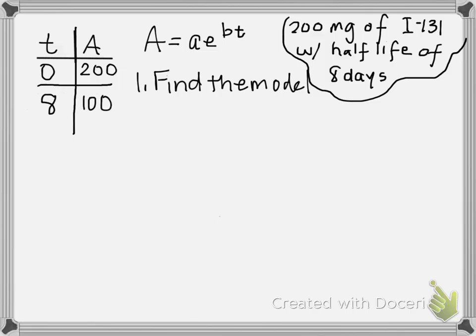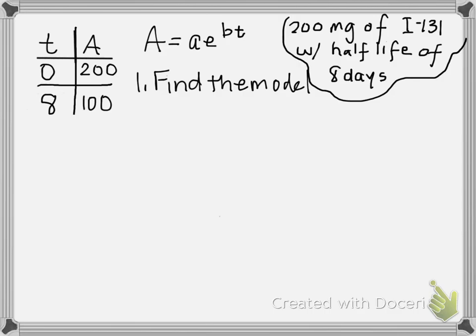And I'm going to use these 2 points to find the model, just the way I would use 2 points to find the equation of a line in the form y equals mx plus b. And I'd look for m and I'd look for b. In this case, I'm going to use 2 points to find this exponential model in the form a e to the bt, and I'm going to find a and b